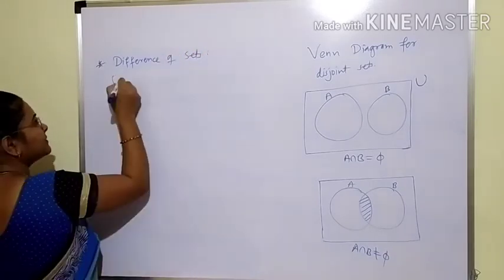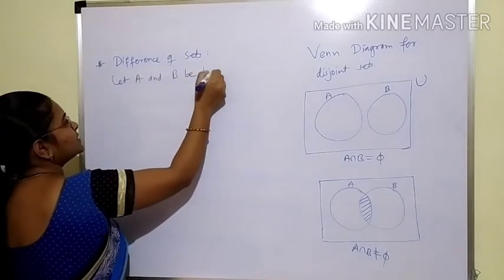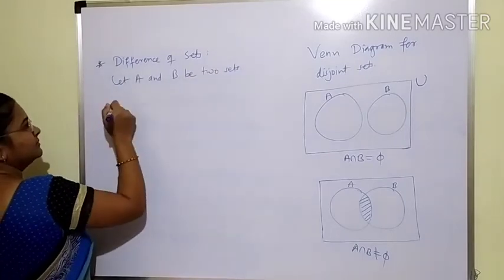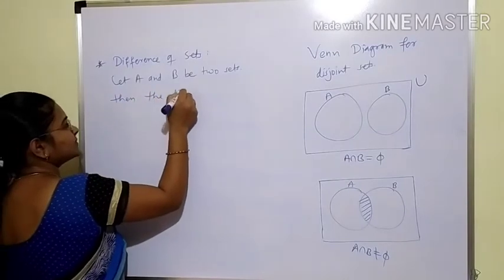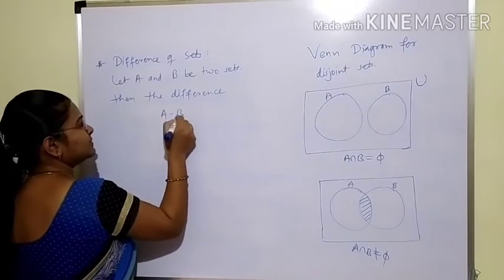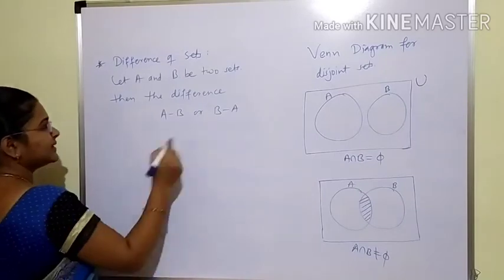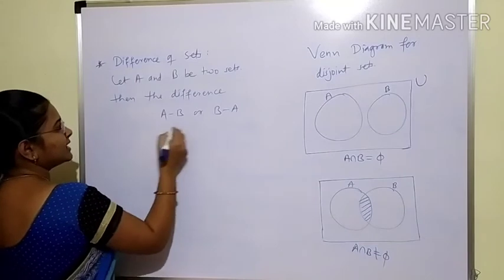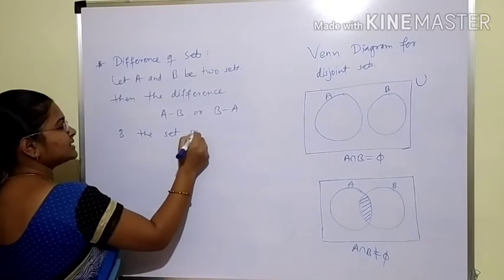Okay, let A and B be two sets, then the difference A minus B or B minus A is the set such that